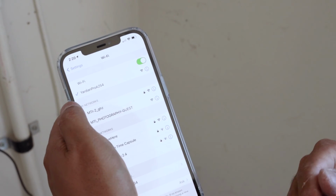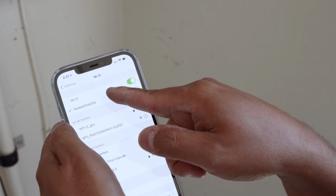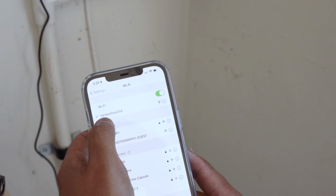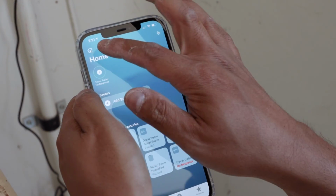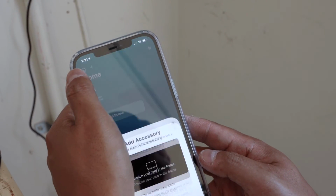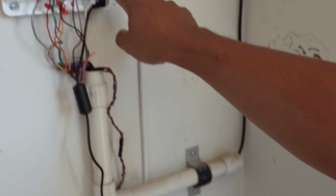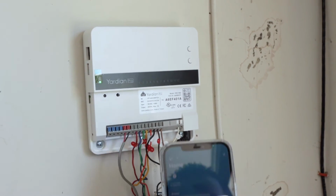If you have an iPhone like I do, you're gonna wanna use the Home app to set up the Wi-Fi onboarding. You'll wanna go into your Wi-Fi settings and check to make sure you're connected to the Yardian Pro. After doing so, you can now go into your Home app and then you can add a device. So you're gonna wanna just add an accessory. It's gonna bring up a camera. This label up top here, which we're gonna scan, is the HomeKit ID. And as I bring up my phone to the HomeKit ID,